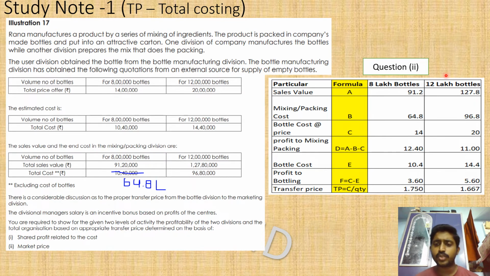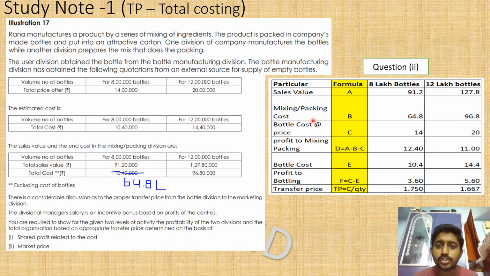I suggest you go by absolute numbers itself, because you may end up doing some columns or rows at per unit level, and you will assume that is also in lakhs and other numbers also in lakhs, and you may get confused. So you go with absolute numbers itself. Here, for explanation purposes, I have used everything in lakhs. So 91 means 91.2 lakhs, and 127.8 lakhs.